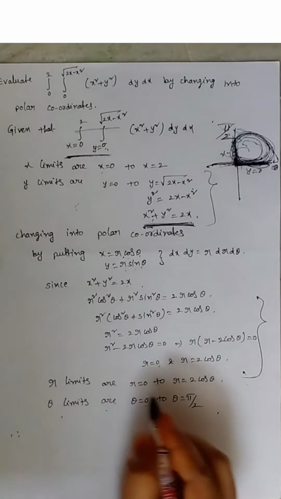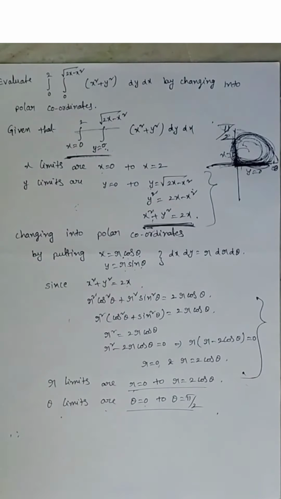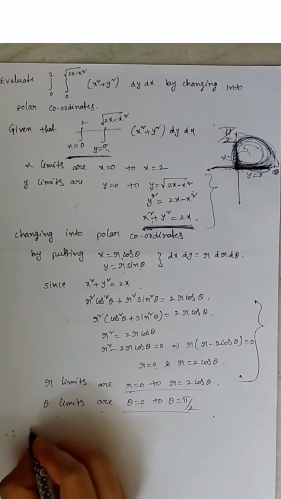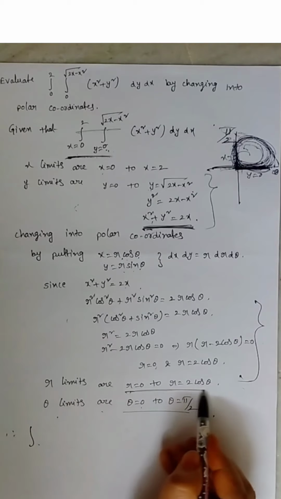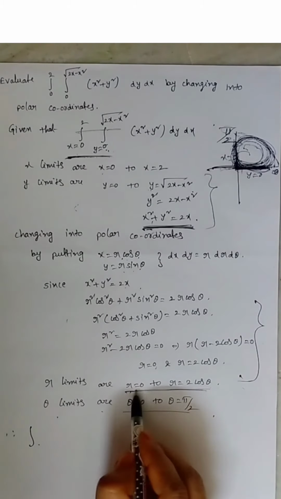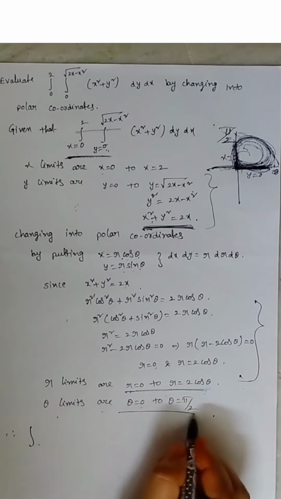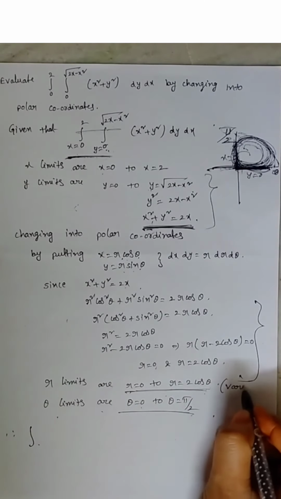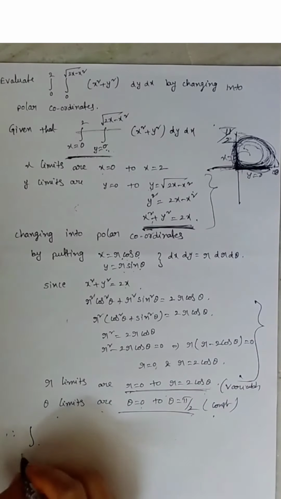So therefore we know r limits and we know theta limits and we know the polar coordinates. Then, changing first here, observe that r limits are in terms of theta, so these are variable limits, which are in terms of theta. So first you have to write the constant limits. These are variable limits, these are constant limits. So first write the constant limits.